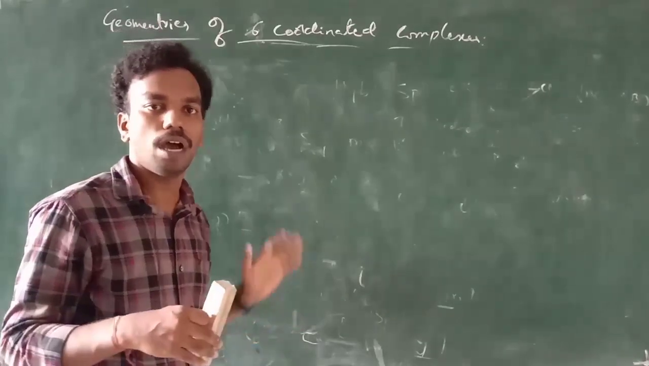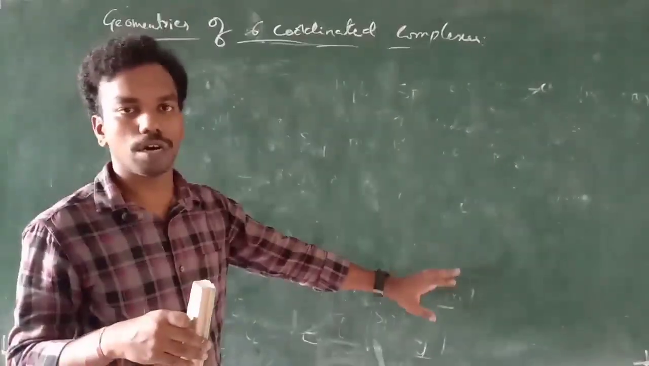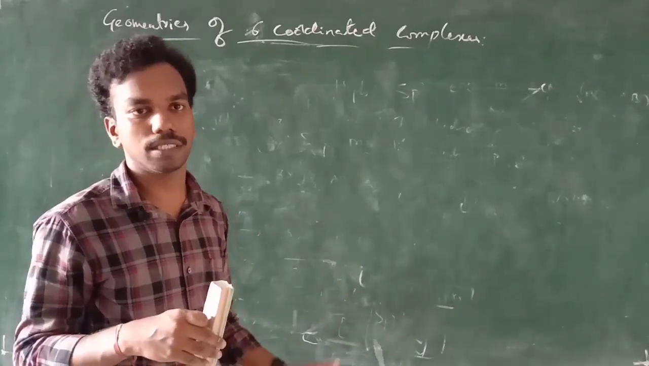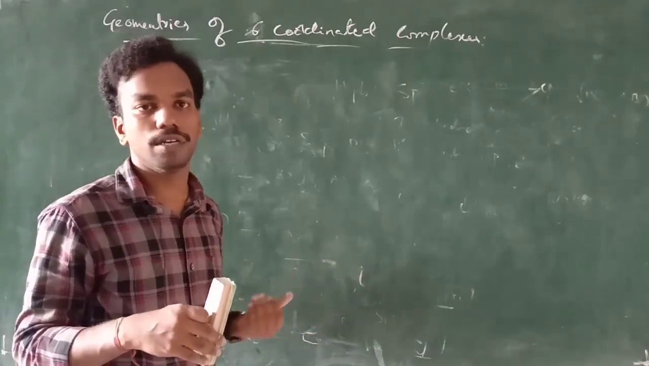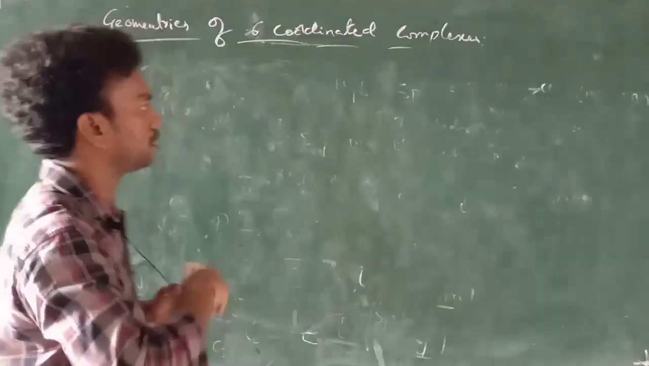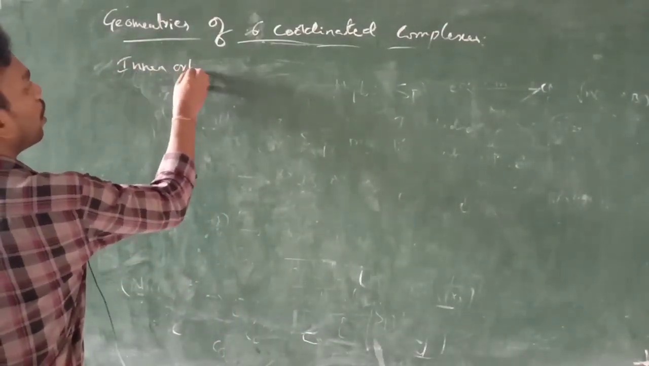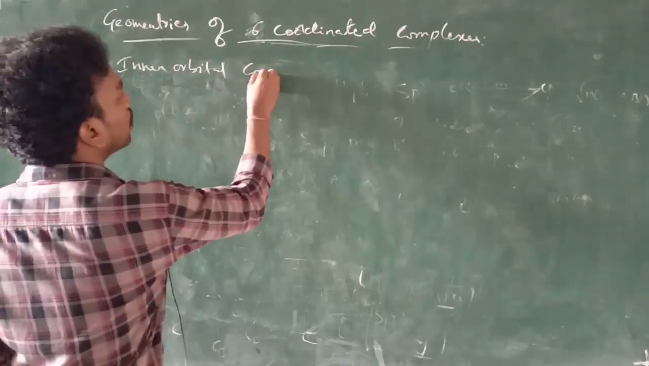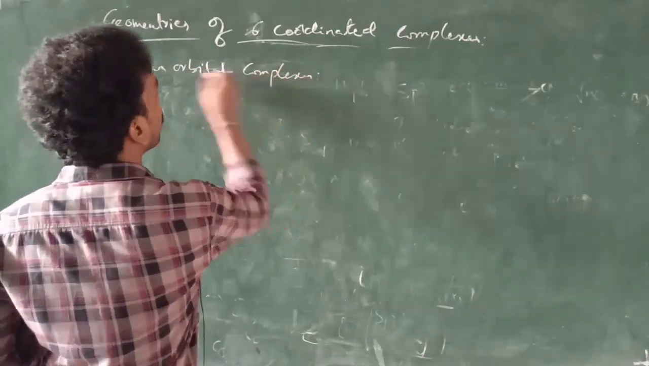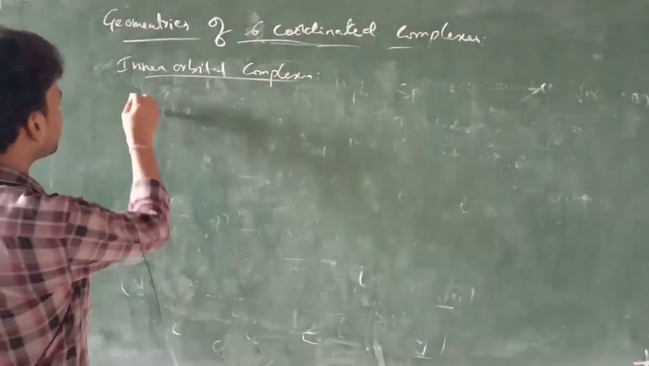In the hybridization, if outer d orbitals are involved, those complexes are outer orbital complexes. If inner d orbitals are involved, those complexes are inner orbital complexes. First, let's see inner orbital complexes. So inner orbital complexes, for example,